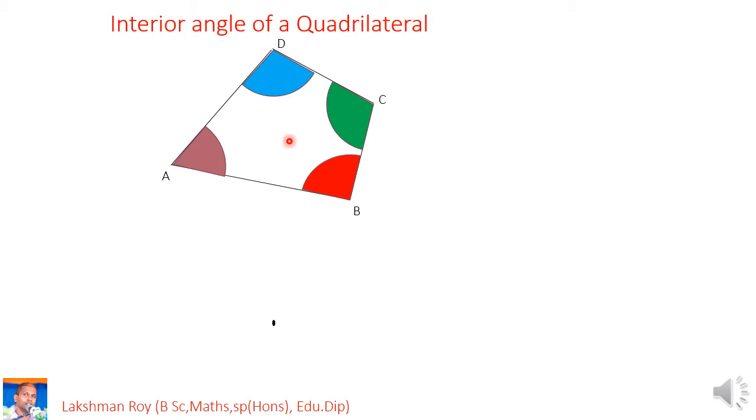Let's see. Now I am going to take the sum. Sum means addition of these four angles, right? So see here, I mark a point. Now you know, students, angle around this point. What is the magnitude? Angle around a point is 360 degrees. Now what I am going to do, if you draw this quadrilateral on a piece of paper,